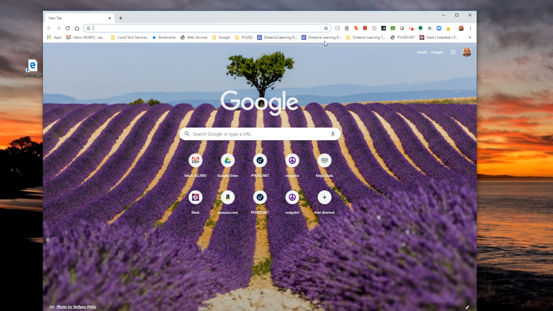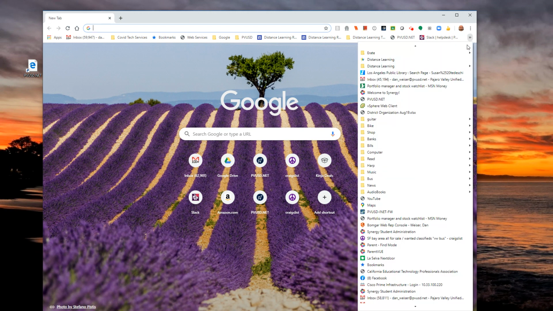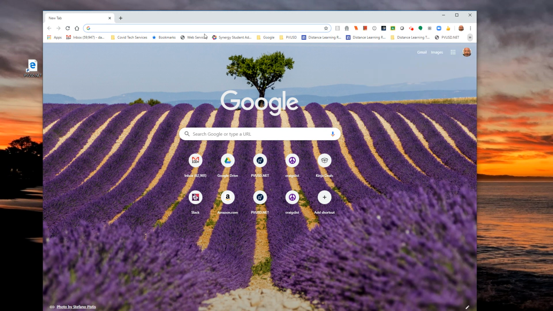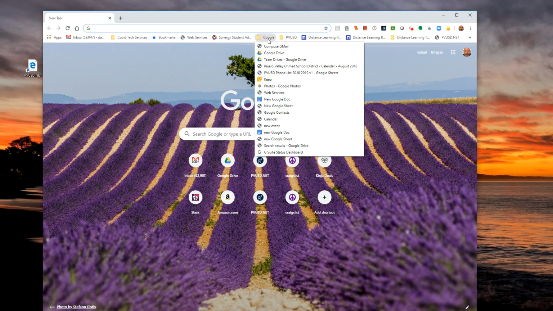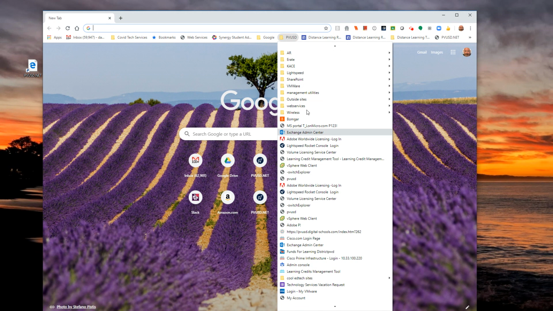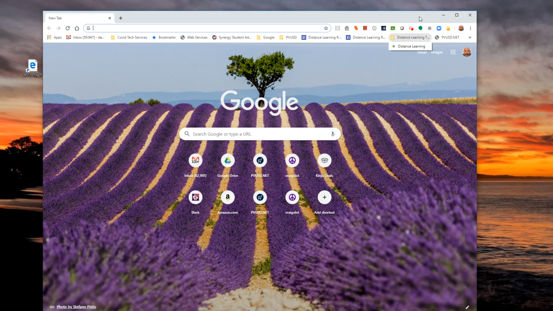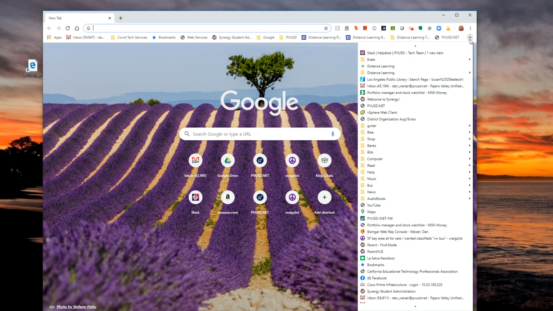If you keep adding to the bookmarks bar, eventually you run out of room, and what you wind up with are these two little arrows. If you click that open, you can see all the other bookmarks that are in your bookmarks bar, and you can always grab something that is important and move it closer to the top so it pops up on the window. But the other thing that you can do is create folders. So here's a folder full of Google bookmarks that I've created, or PVUSD related bookmarks. And so these folders,